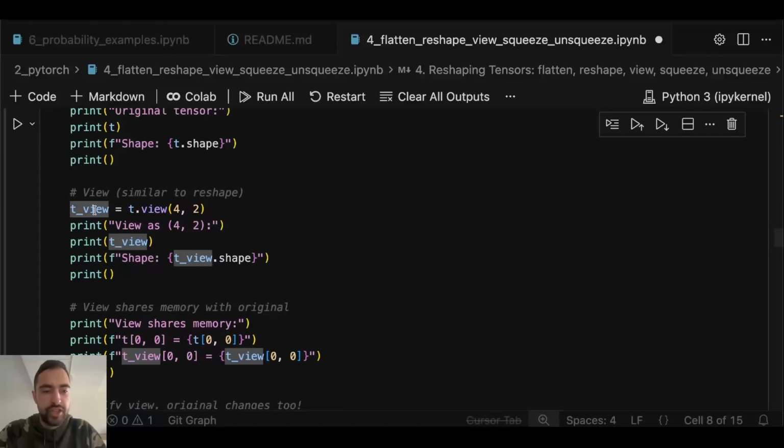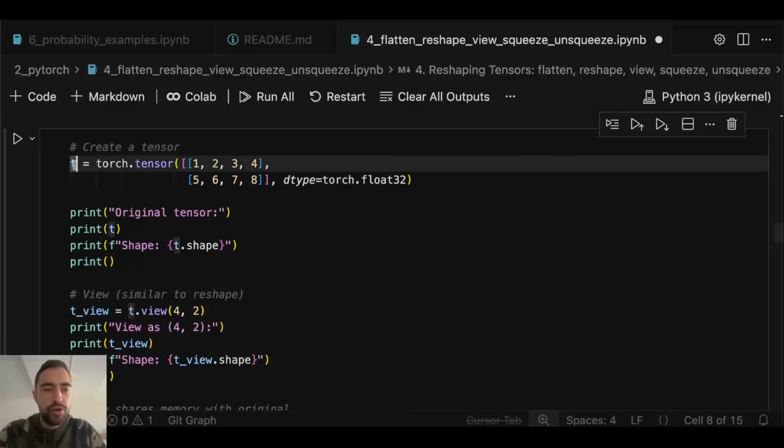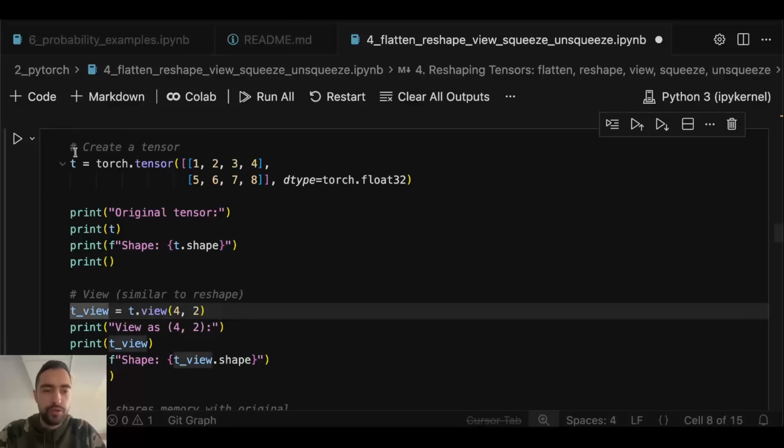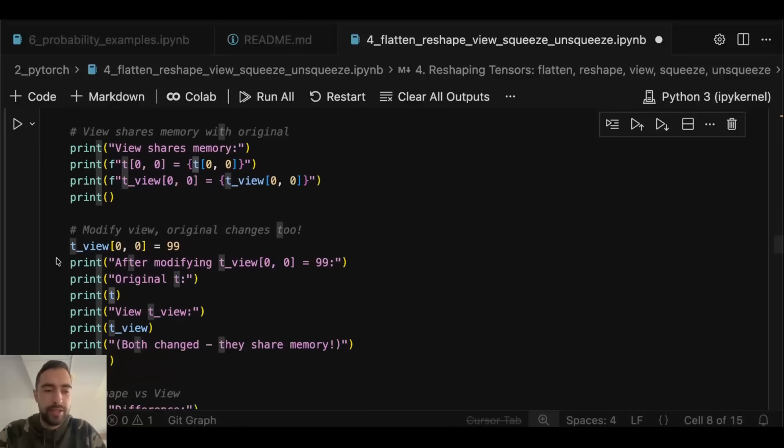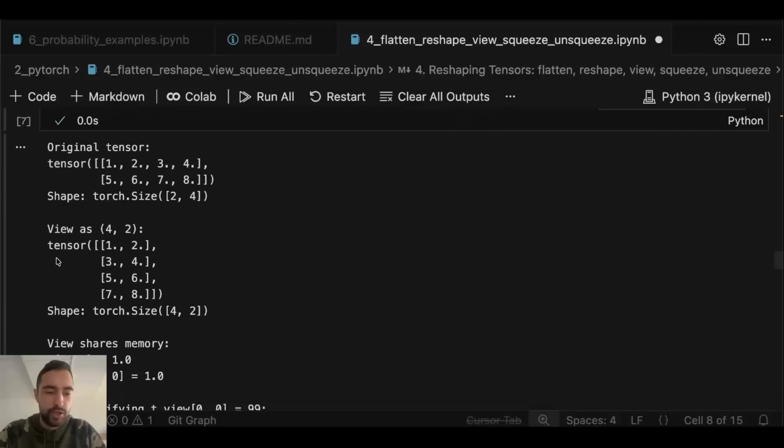But if we change t-view, it will also change the original tensor, because t-view is actually using the same elements, the same memory slots in memory as this original tensor. So when we change t-view, we will also change this original one. So keep that in mind. That can be useful for some situations. So